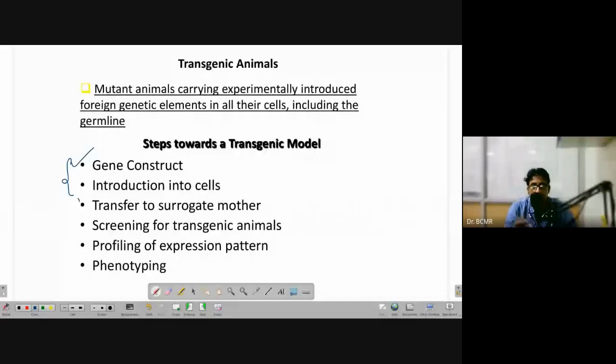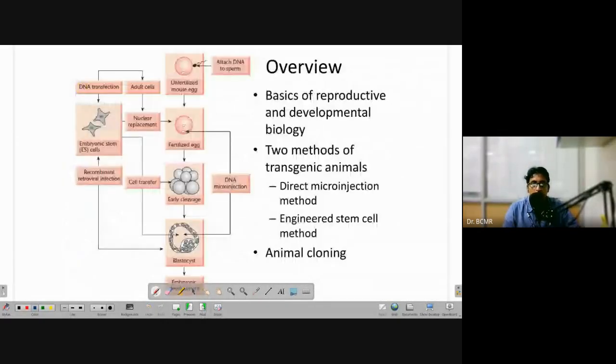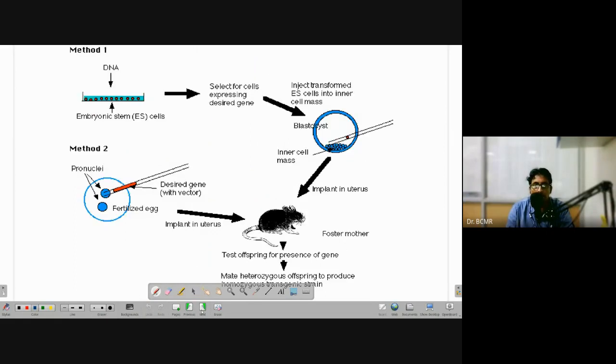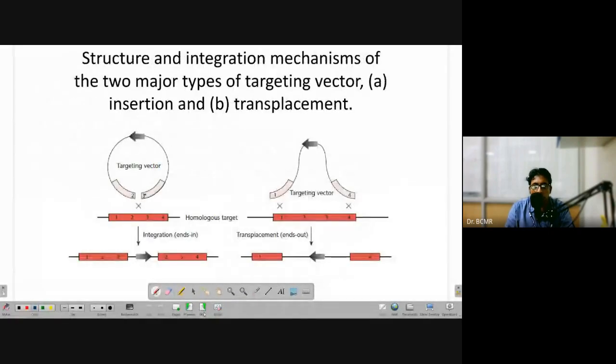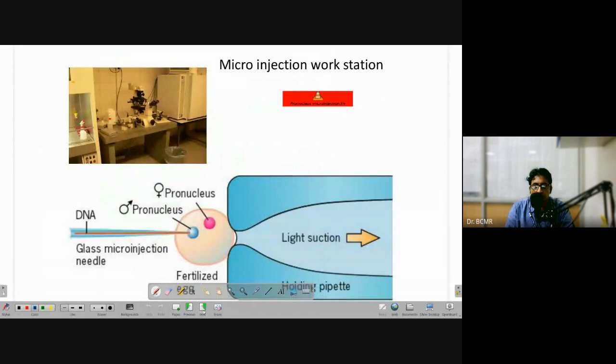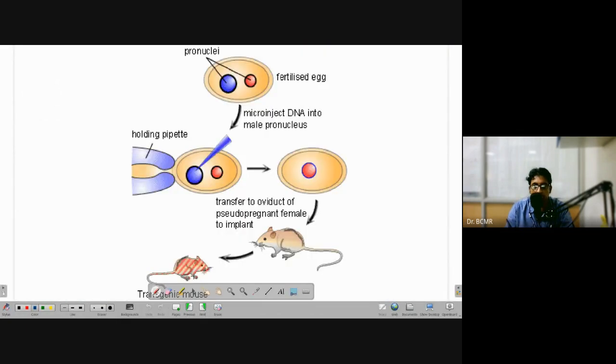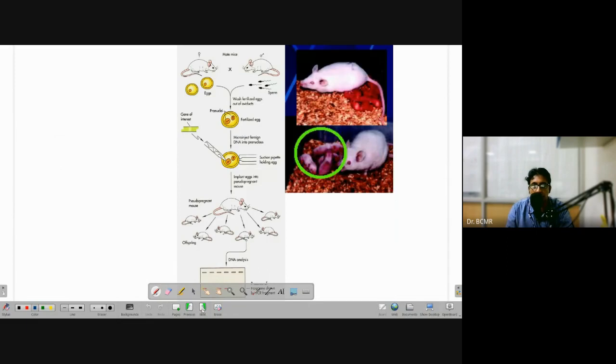This is something like the embryo manipulation, and then we have the characterization, so that we know which ones are homozygous and whether we have established the transgenic animal or not. This is the direct microinjection method, and the other one is the engineered stem cell method I was just describing. These are exactly the same things that are present in the video. So what I want to go into is to discuss the other method, the engineered embryonic stem cell method.